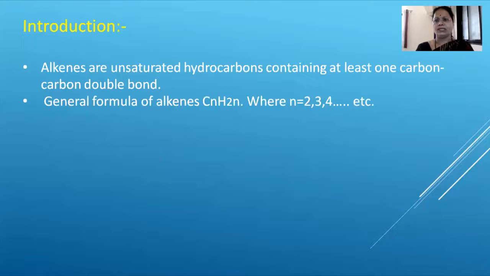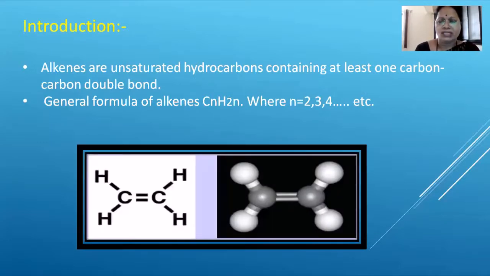So the general formula of alkenes is CnH2n, while that of alkanes is CnH2n+2. In case of alkenes, n is equal to 2, 3, 4, etc. As it contains at least one carbon-carbon double bond, n is equal to at least 2. Then the first member of the alkene series, here the simple Lewis formula is given, CH2=CH2, and for the same, the ball and stick model, in this black ball indicates carbon and white ball indicates hydrogens. Okay,